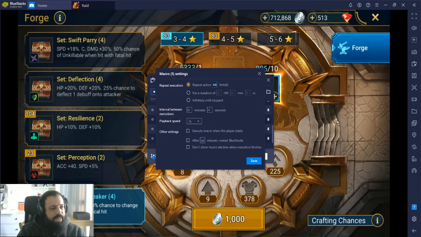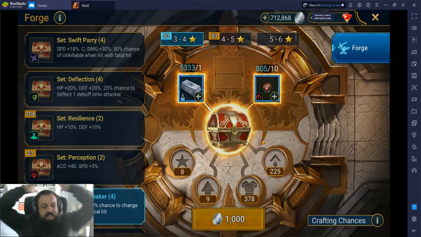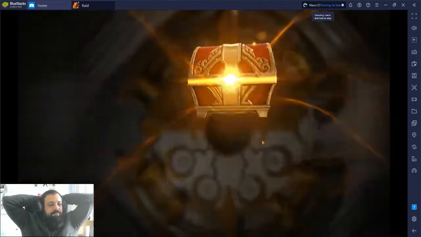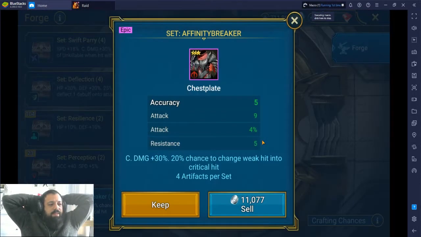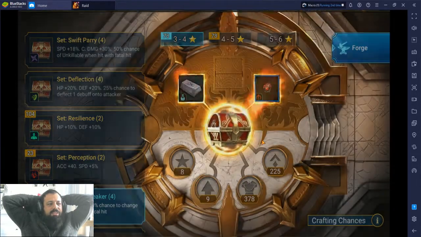Repeat action 80 times. No, just in case there's some sort of lag, let's give it a one second delay, that should be fine. Okay, boom. Now we just lean back and let the automation do its thing and basically generate money for us,